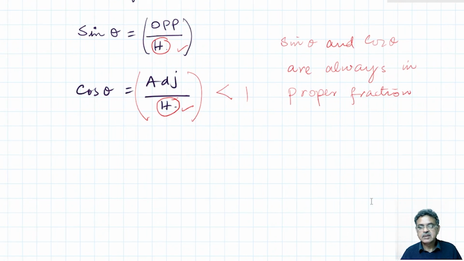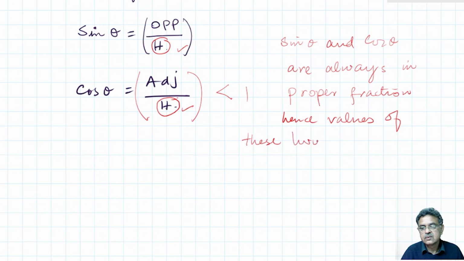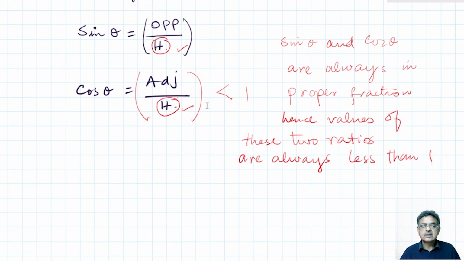तो इसको फर्दर चलें, मैं ये भी लिख देता हूं साथ कि हेंस वैल्यूज ऑफ these two ratios are always less than 1. तो साइन थीटा भी हमेशा 1 से कम होगा और कॉस थीटा भी 1 से कम होगा।